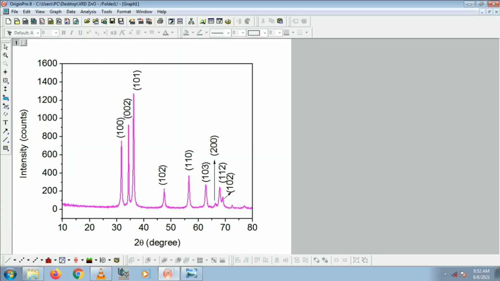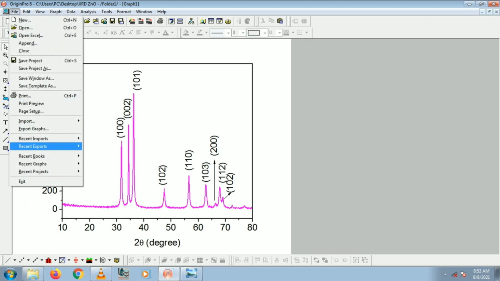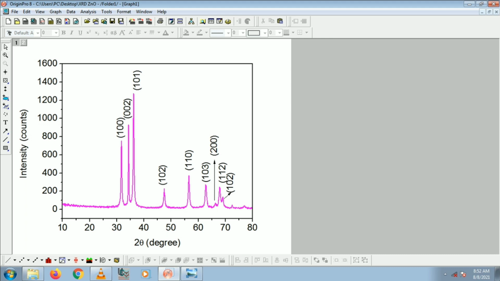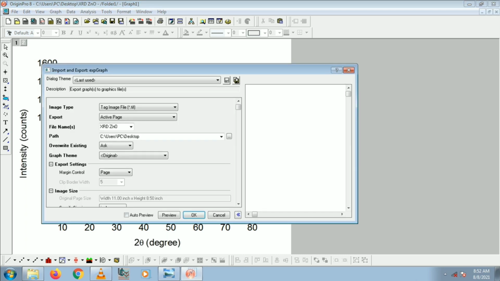After that we have to export the plotted pattern into an image. So we have to select file. In that file menu we have export. By clicking on export we can convert this pattern into an image.